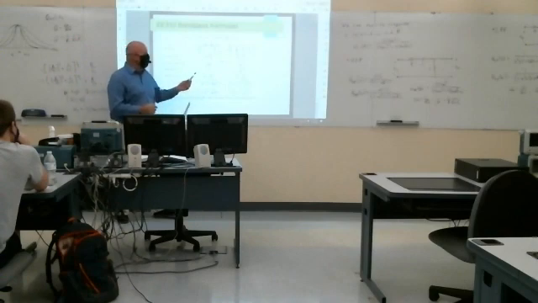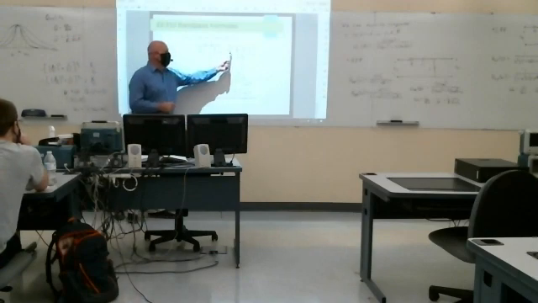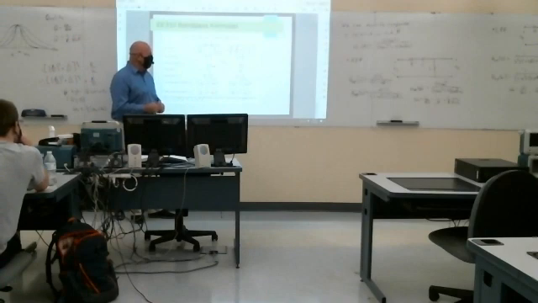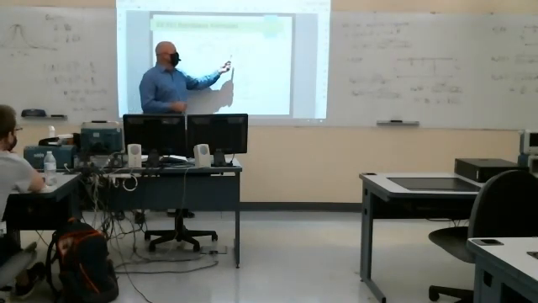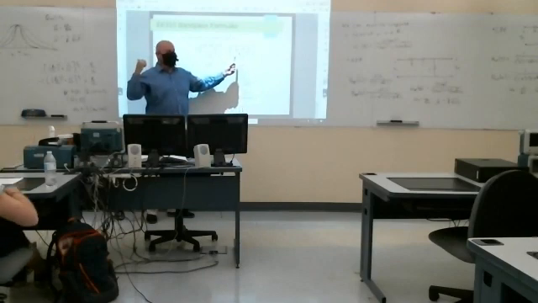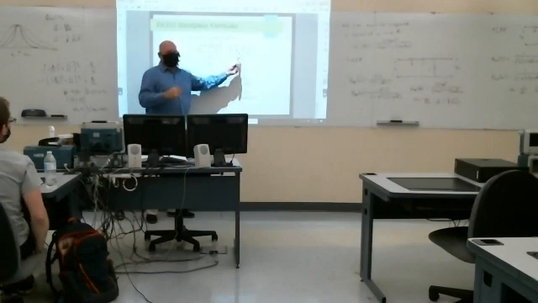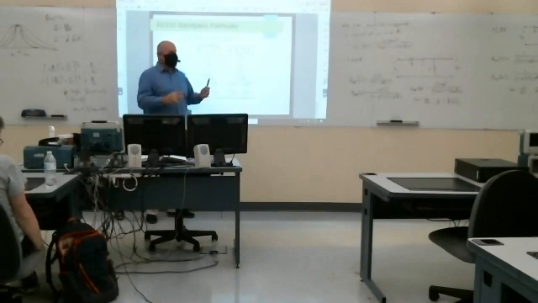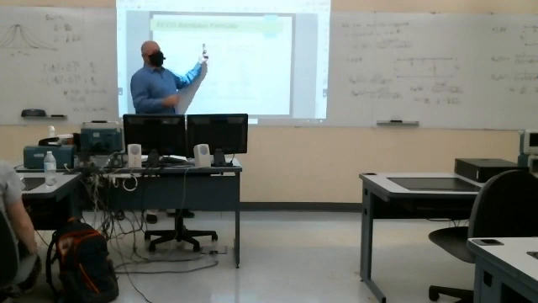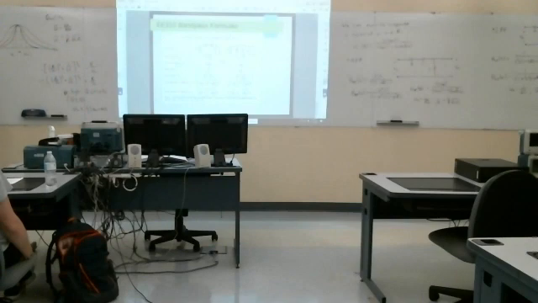You can also do these. There's an equivalent kind of parallel layout for these. This is with being fed by a current. But at resonance now, the parallel combination, and you can verify this, it's the product over the sum, right? So at resonance, if the sum is 0, in parallel, you're going to have an infinite impedance. So at resonance, this parallel combination looks like an infinite impedance, whereas in series, it looks like a short circuit. And the other thing is, there are some strange things that happen at